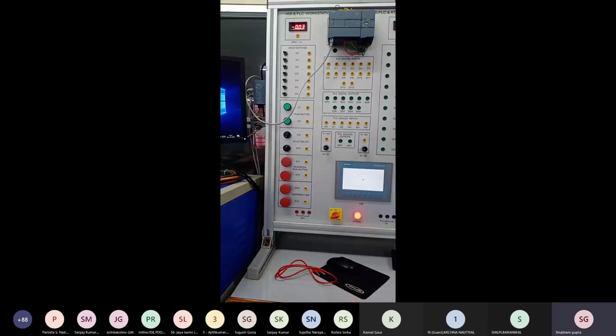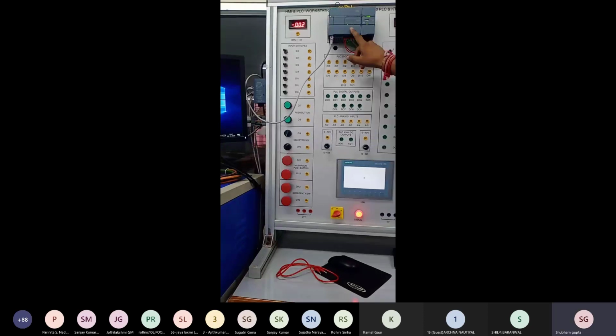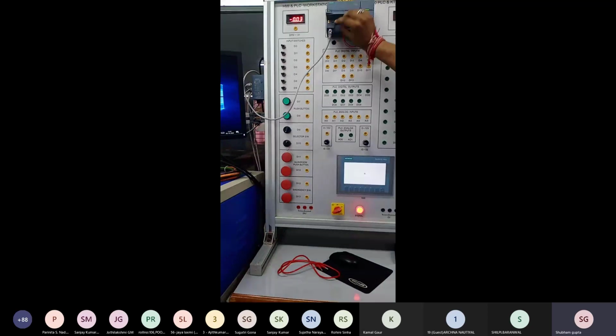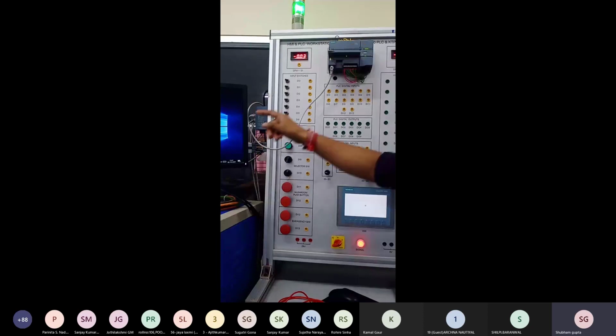This is our PLC. It has one Profinet cable to program the PLC. This PLC is programmed by software by connecting the Profinet cable.